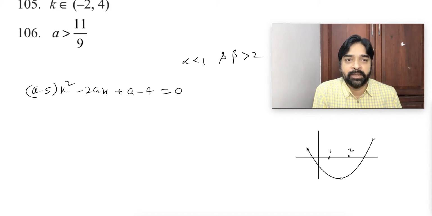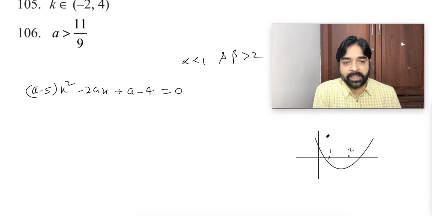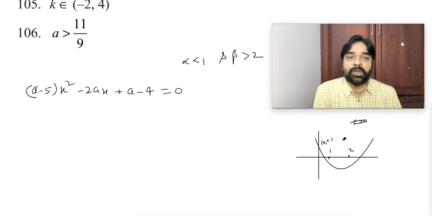Are you able to understand? Where it will intersect on x-axis, there is no guarantee. Graph can be this way also. Graph cannot be this way. So don't try to put a condition on C. Generally we used to say this coordinate is 0 comma C, so C must be greater than 0 sometimes we write. But in this case C greater than 0 cannot be right, because C equal to 0 also can happen. C less than 0 also can happen. Are you able to understand the point?